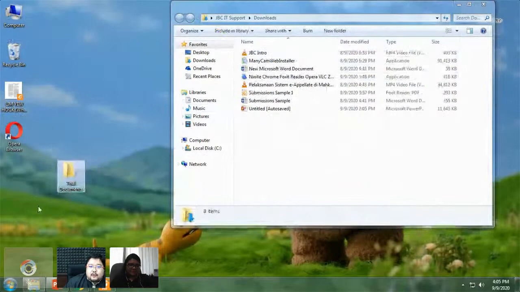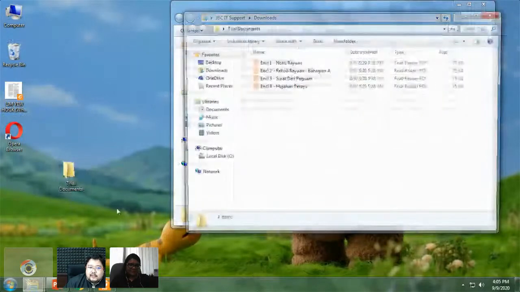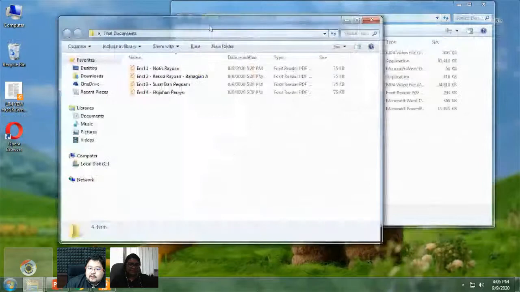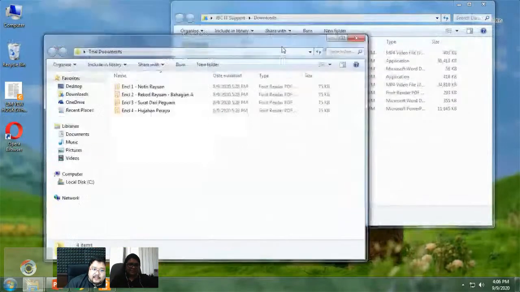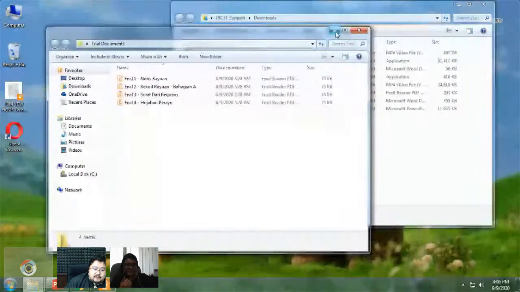That way you'll have control through all the enclosures, in case you need to cross-refer, pre-open or revisit it, then at least you know that it's there. All right. So that's as far as documents is concerned.